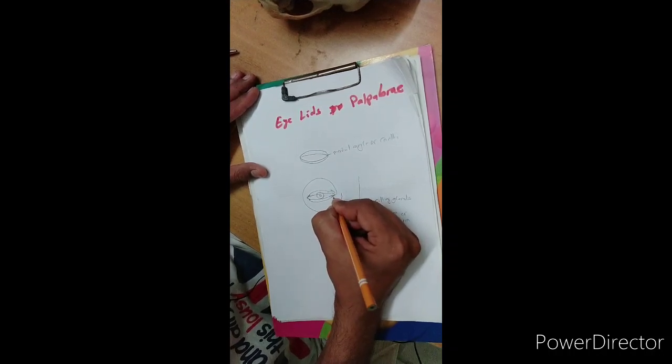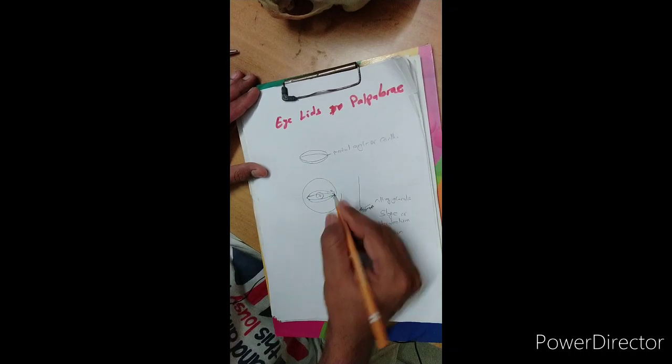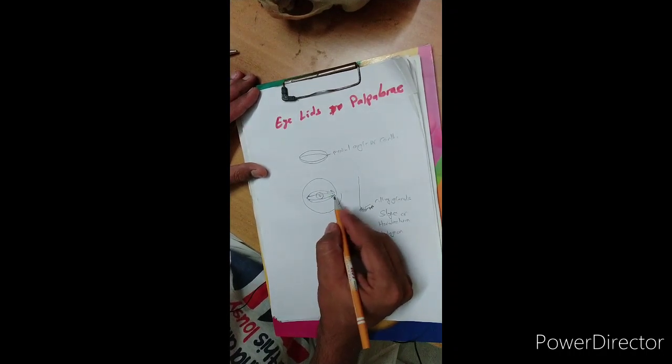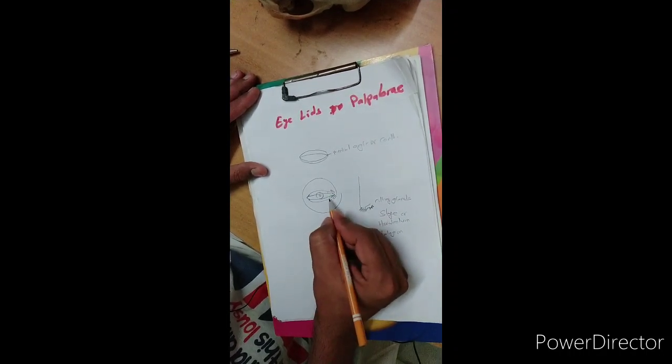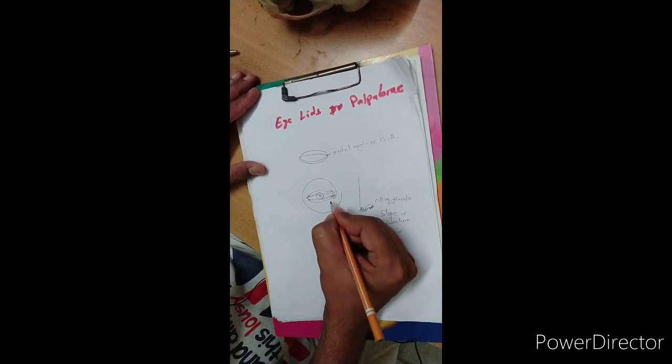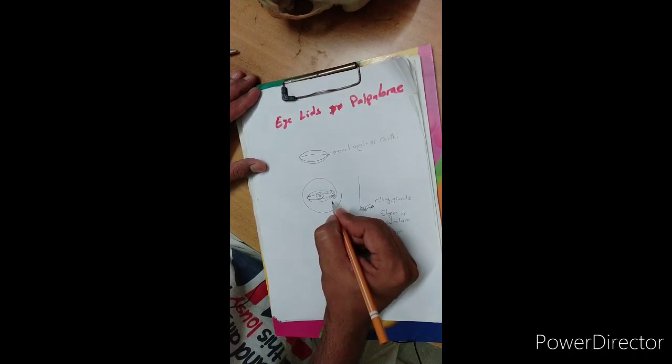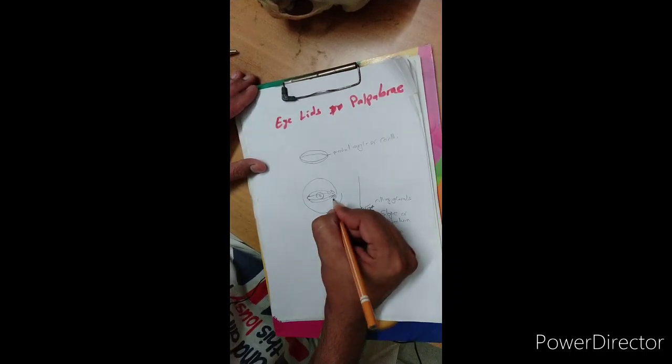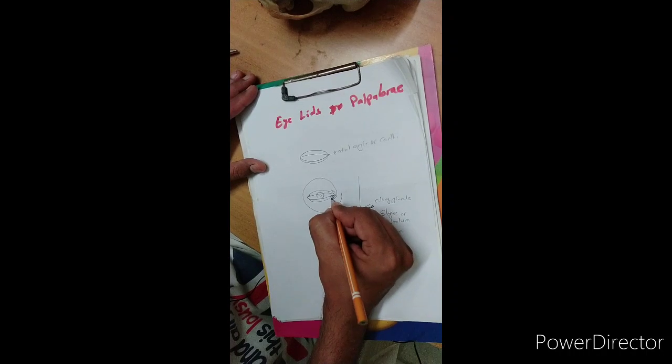Okay, these are the canaliculi. So the medial 1/6 part is traversed by the canaliculi, and the junction of the lateral 5/6 and the medial 1/6 part is marked by the opening of the canaliculi. There is a canalicular opening here, the punctum. Okay, here is the lacrimal punctum. So this is like this.